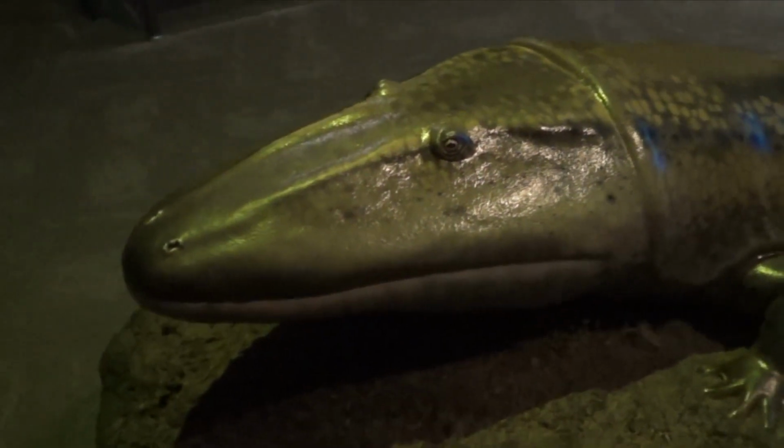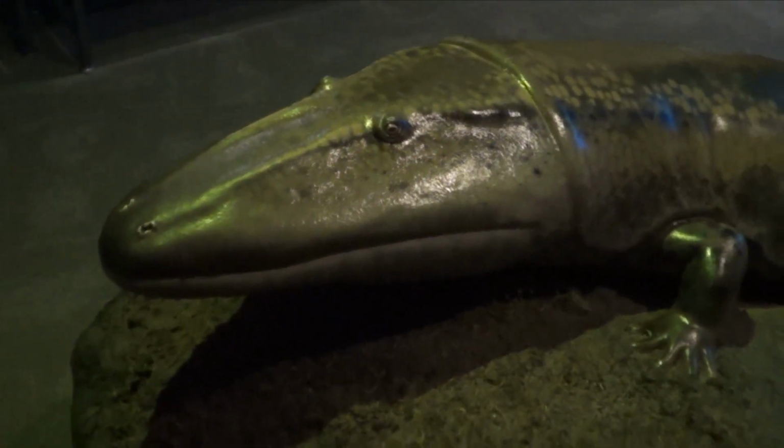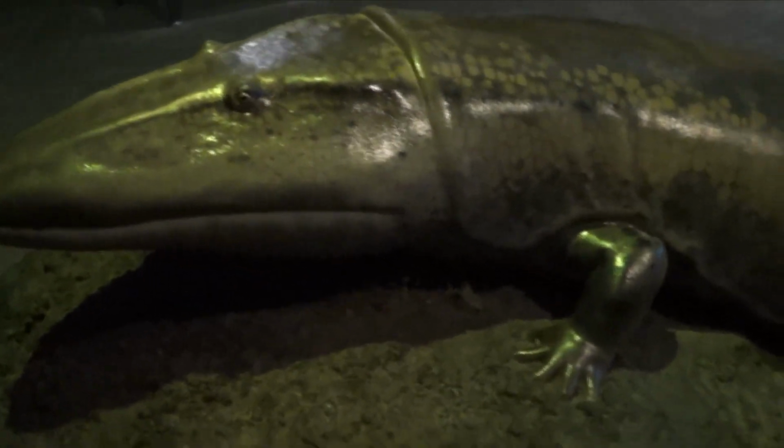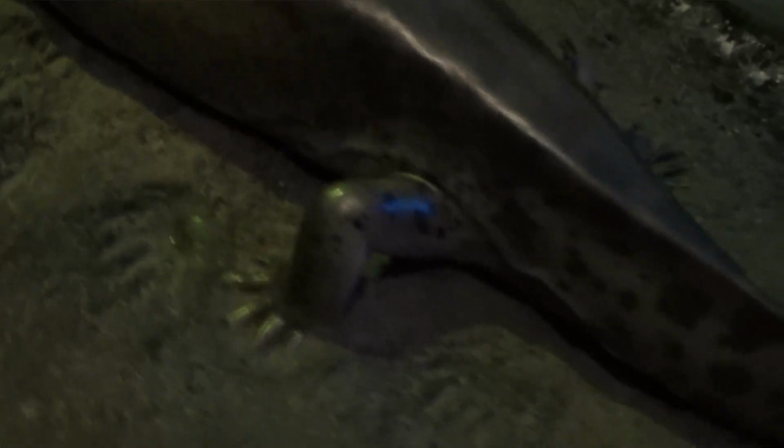But yeah, this is one of the trees, or a recreation of one of the trees that would have been found in Antarctica, and here's a recreation of one of the amphibians that would have lived there. Look at that big old boy. Look at that big old weird snoot. He's a little guy. Look at those tiny legs. He had to be spending a lot of time in the water, because those little legs ain't getting him nowhere. But you see he's got kind of the flattish tail, which helped him swim around, and then crawl up